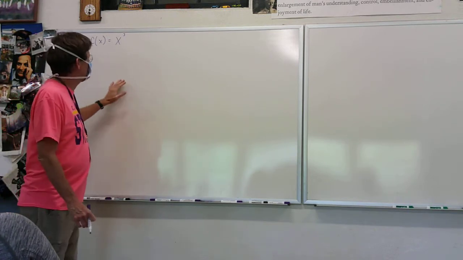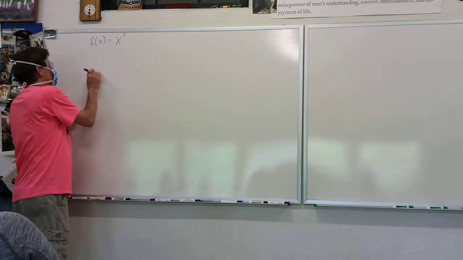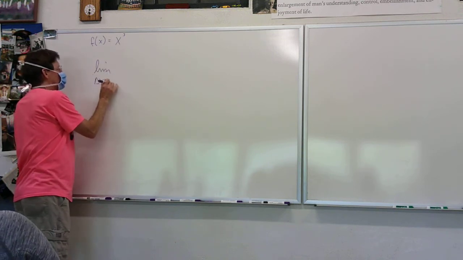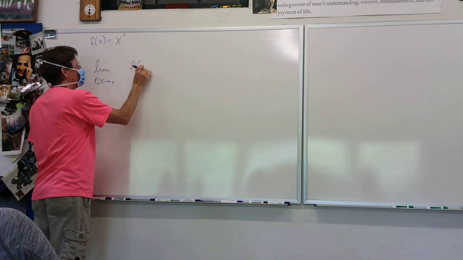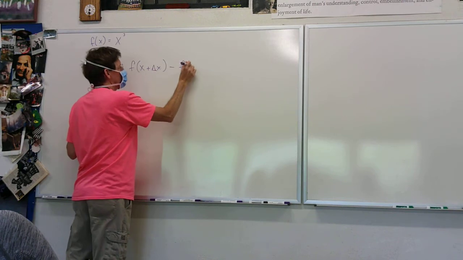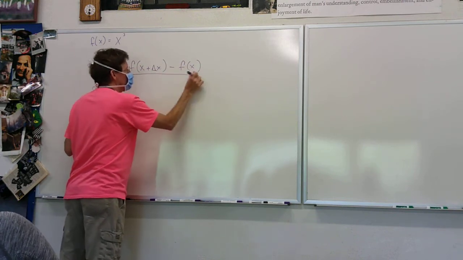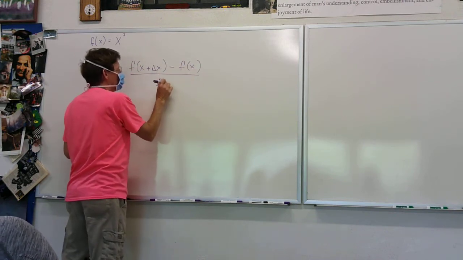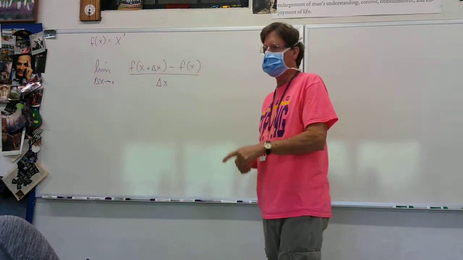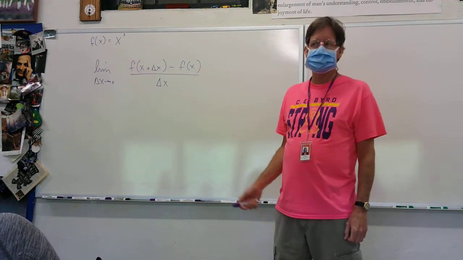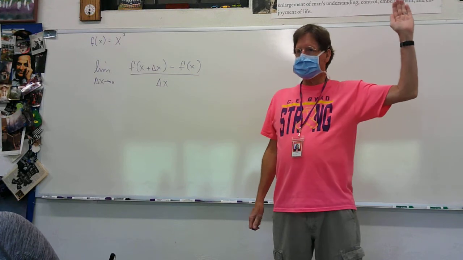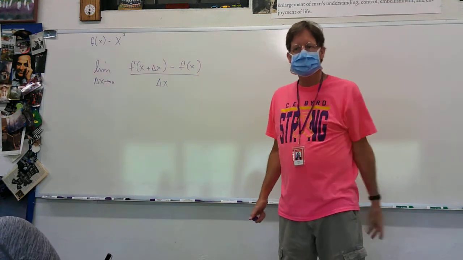When he's doing these things, and he's doing it using the limit as delta x approaches 0 of f of x plus delta x minus f of x over delta x, and he's using this formula. And if he's used this formula for 2 or 3 days of class, and he's even started working the really elaborate calculus, still using that formula, don't raise your hand and go, can I use the shortcut formula from high school? No, no, no. You raise your hand and go,